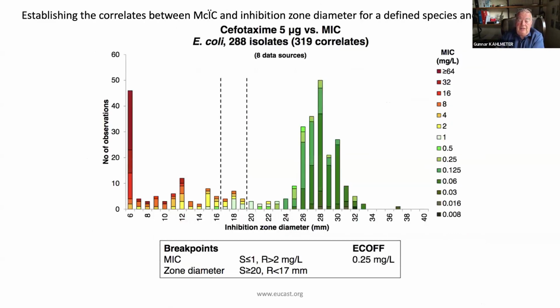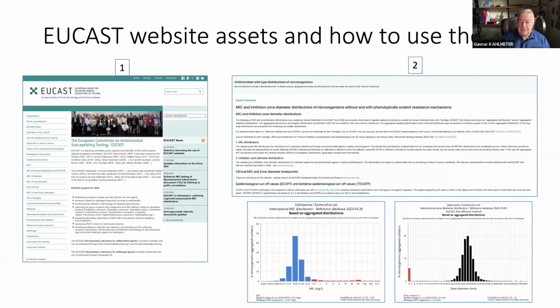This is what it looks like when you then take that to disk diffusion, and you can see the green bars are representing the wild type. The red bars are representing those that are resistant by the clinical breakpoint of R more than 2, so 4, 8, 16 and upwards. And then we always have an area of technical uncertainty in the middle where we're not quite sure because of the expected overlap between different MIC values once it goes to zone diameters.